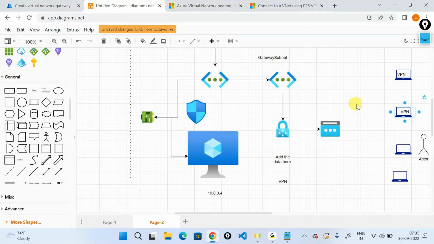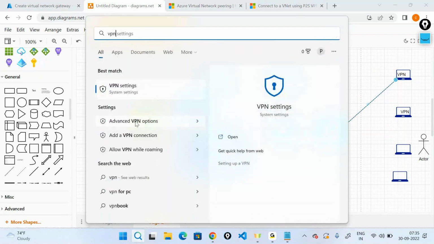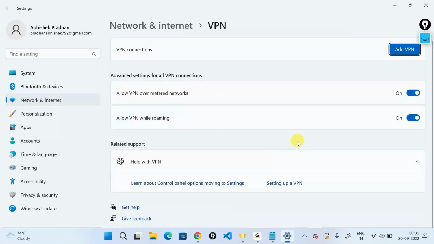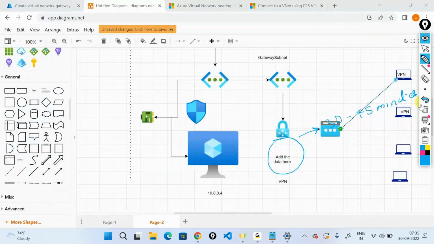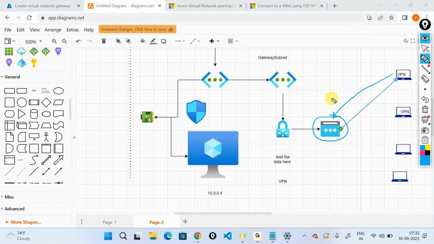Now, what happens is that when you try connecting using the VPN software, it will look like this, guys. If you just say VPN, it looks something like this. You can go ahead, say add a VPN and connect to it. Once you hit the connect button, your system will talk to the public IP address of the virtual network gateway, and the virtual network gateway will say, okay fine, can you show me what is your certificate data? Your system will present the certificate to that particular VPN,